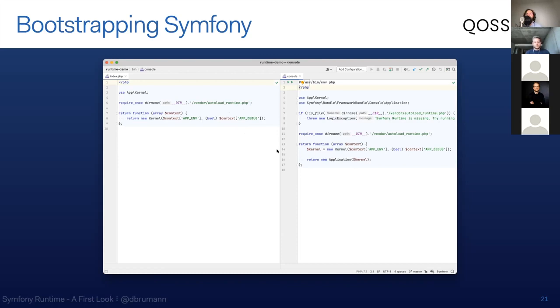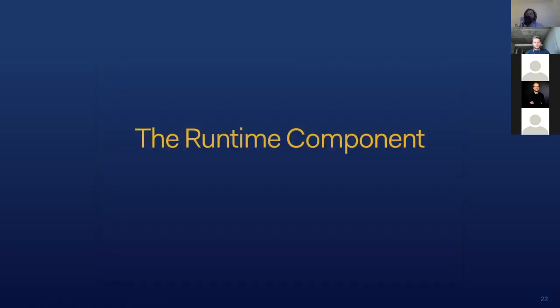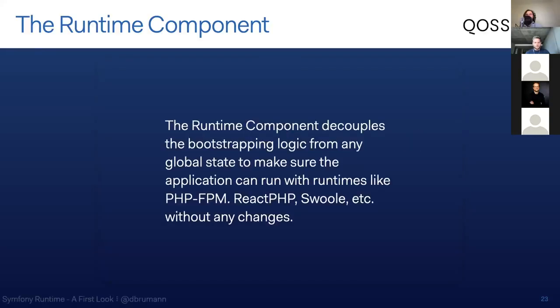In this case, this is how the Symfony runtime decides if you're running a web runtime, so for example Nginx or Apache, or if you're running a console application, so you have the Symfony console application. And you could also just return a single command, and Symfony would create a single command application for you, which is quite neat. But let's look at the runtime component itself and what it does with this new index PHP